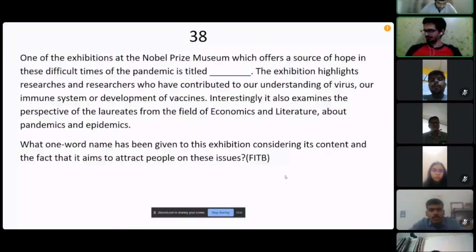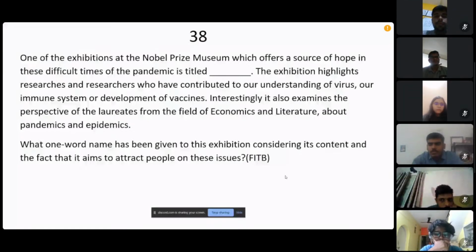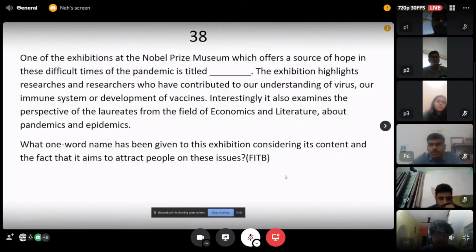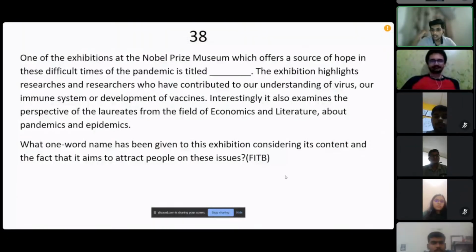Bouncing, no bounces coming in. It's an exhibition at the Nobel Prize Museum. So no one is bouncing, I think. Again, a binary question, 1-0 kind of a question. You may try to guess it. And the bounce comes on you. So nobody bouncing. 5, 4, 3, 2, 1. Okay, one bounce. P2, your bounce will not be counted. One bounce. The direct is to P7.